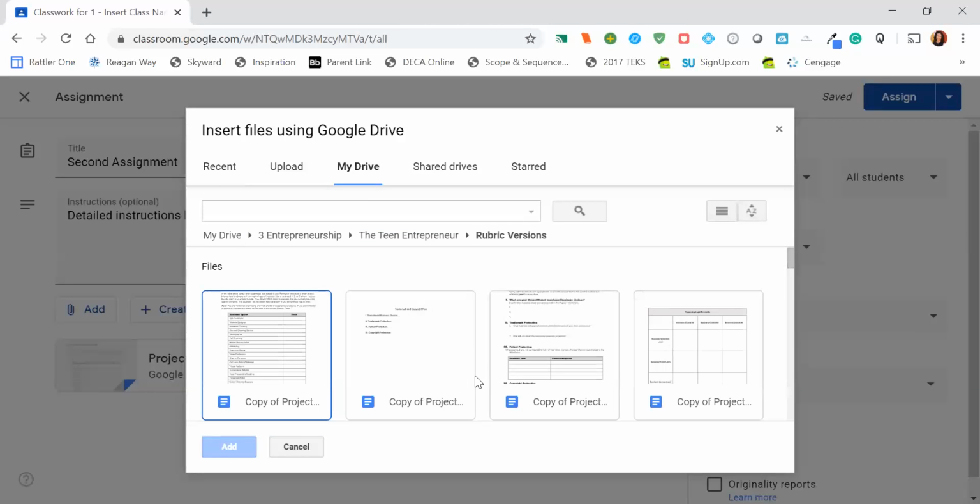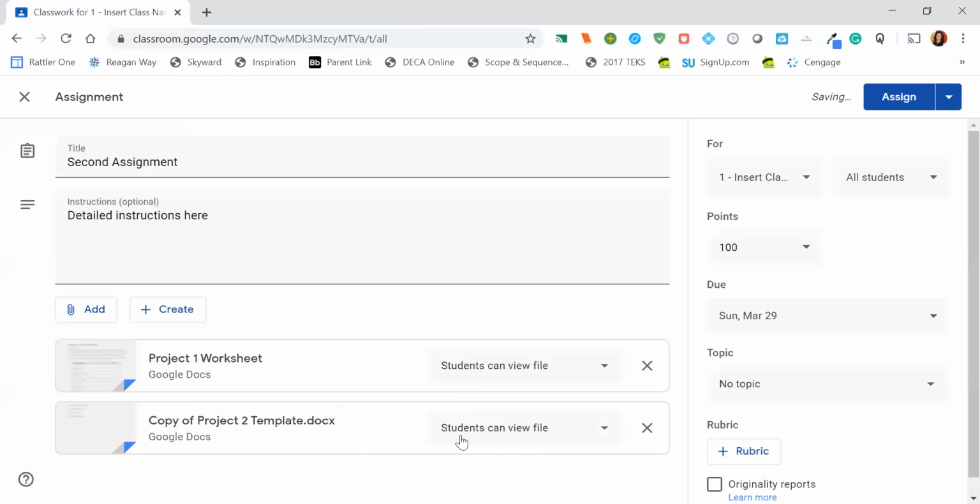Okay, and I said that this would be my actual worksheet. So I'm going to click this. And instead of students can view file, remember I want to pass out a worksheet for every kid to make sure that they fill out and turn back into me. So I'm going to change that to make a copy for each student. And that's it. Once I assign,